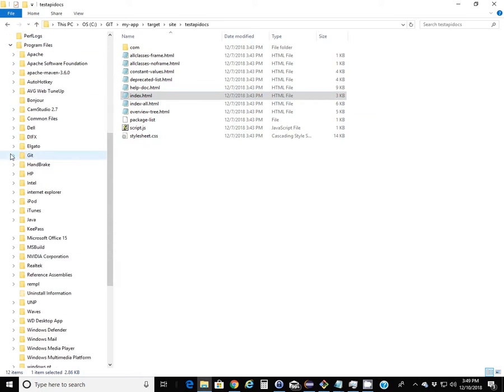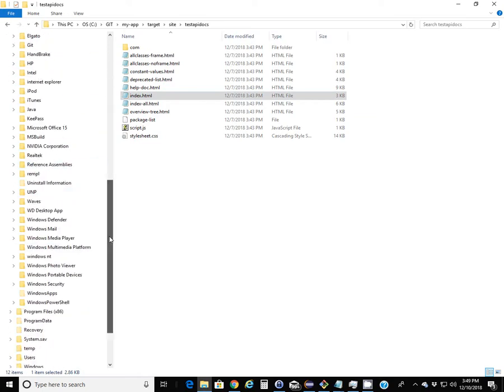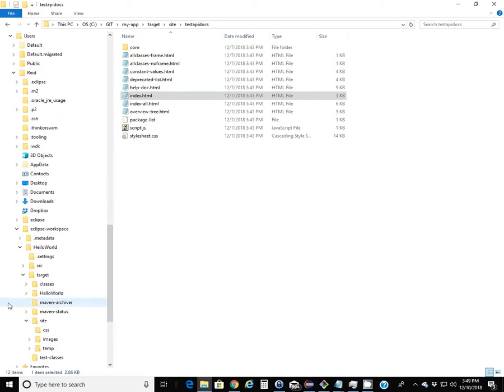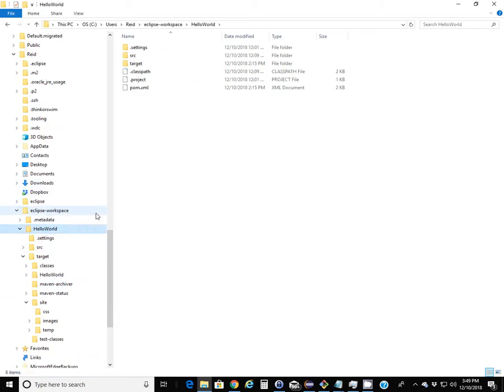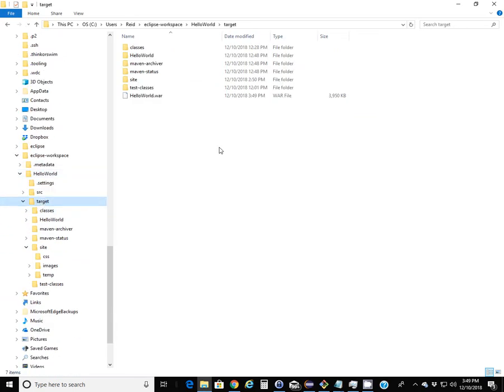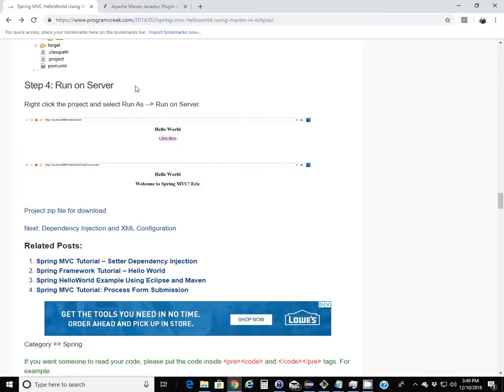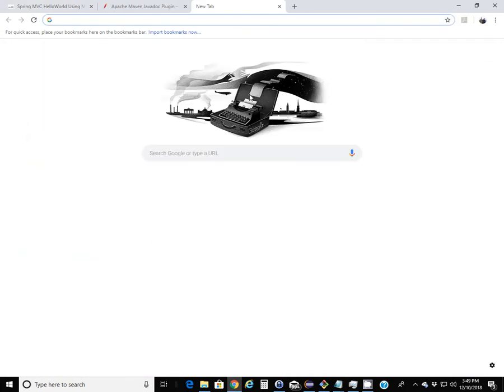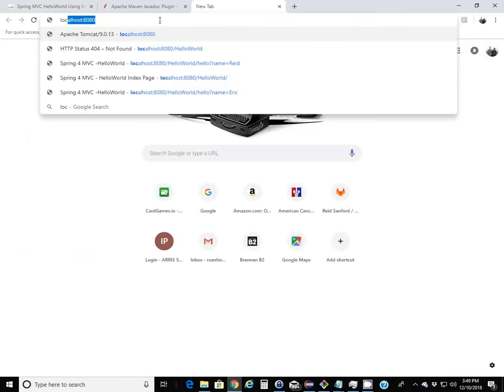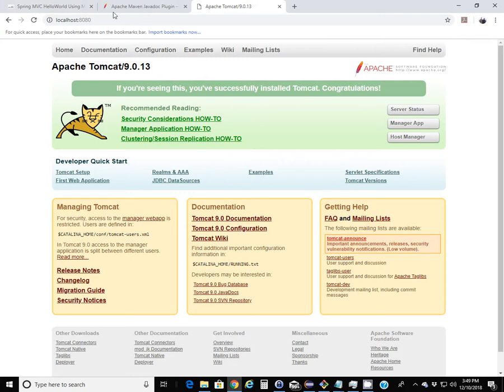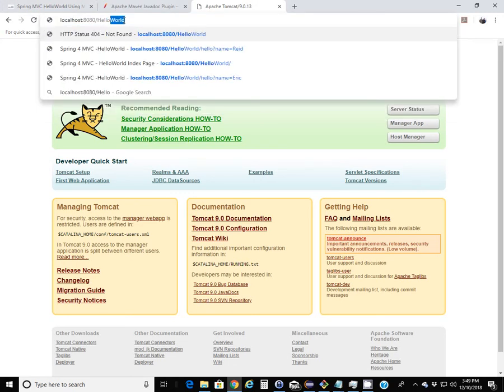So if I look under users, HelloWorld, target, here's the war file. And this I can copy and deploy under Tomcat. But first, before I do that, let's go to the Tomcat homepage under port 8080, and you can see Tomcat's running. But if I go out to HelloWorld,